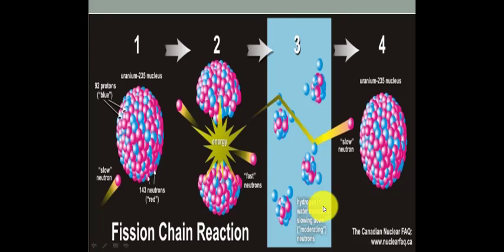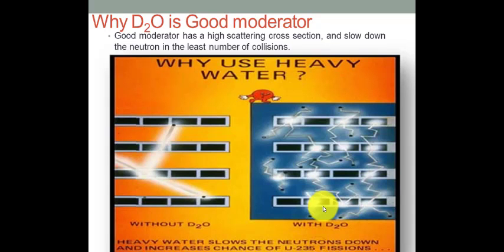Okay, like in all other reactors, the moderator is the most basic part for moderation of the neutron, to slow down the neutron. But what is the difficulty? When we use natural water, light water, as moderator, the light water gives more absorption cross section. No doubt it slows down the neutrons, but it provides more absorption cross section. As a result, neutrons are absorbed after few collisions. The moderator is the material in the reactor core that slows down the neutrons released from the fission, so they cause more fission and sustain the chain reaction.